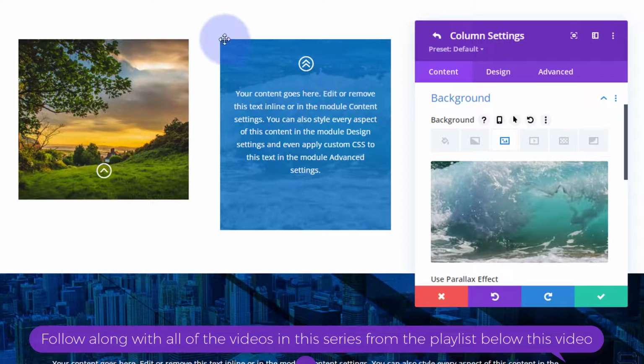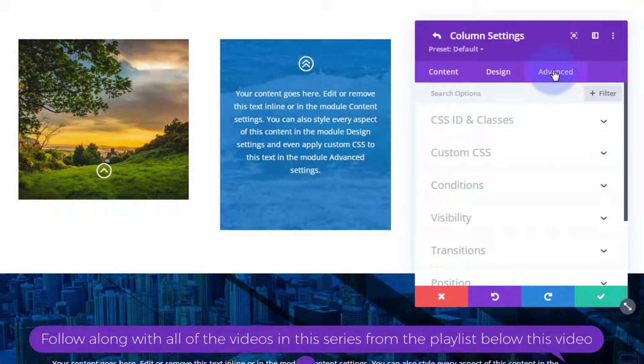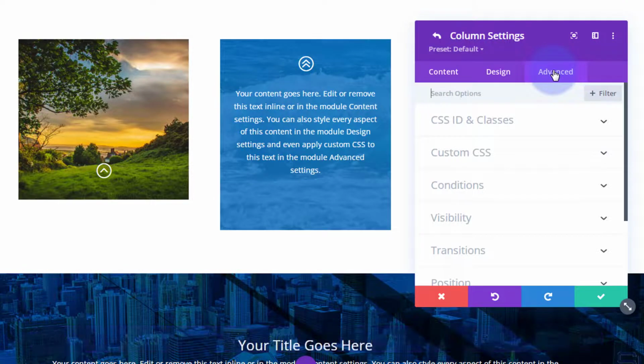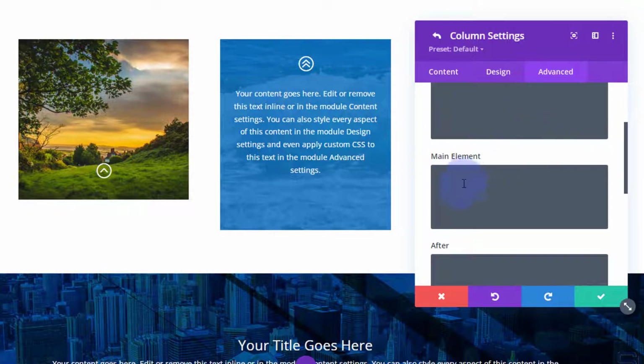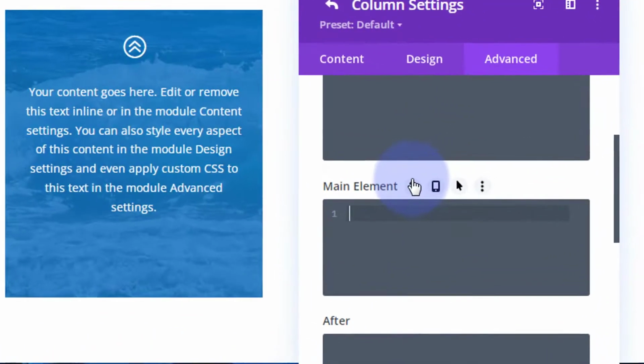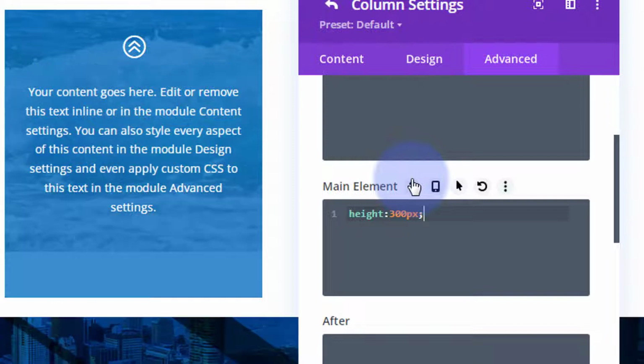Now I want this column to be the same size as our other one. We're going to scoot this whole module down in a minute. So I don't want to see anything that's falling out. So while we're in the column, let's fix that. To do that, we need to go to the advanced. I'm going to give it a fixed height with some custom CSS. So go down to custom CSS, and here's our little line of code. Really easy, but I'll put it down below for anybody that wants to copy and paste it. I'm simply going to write height: 300px;